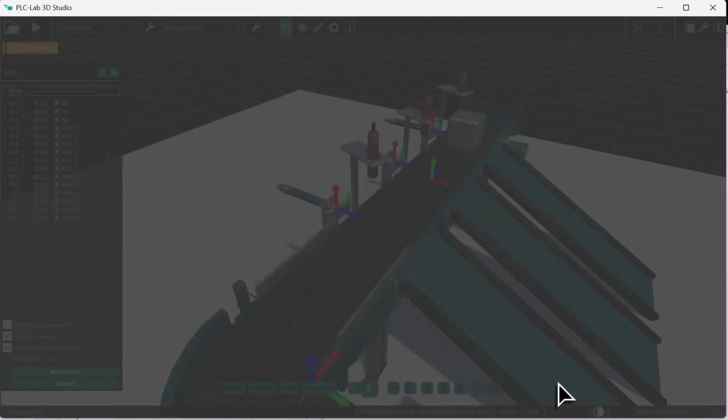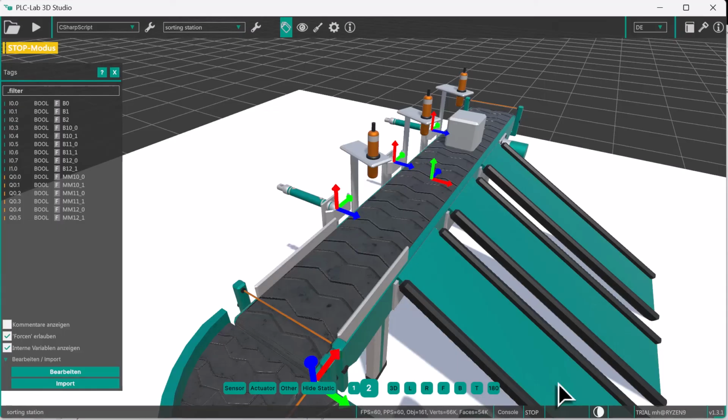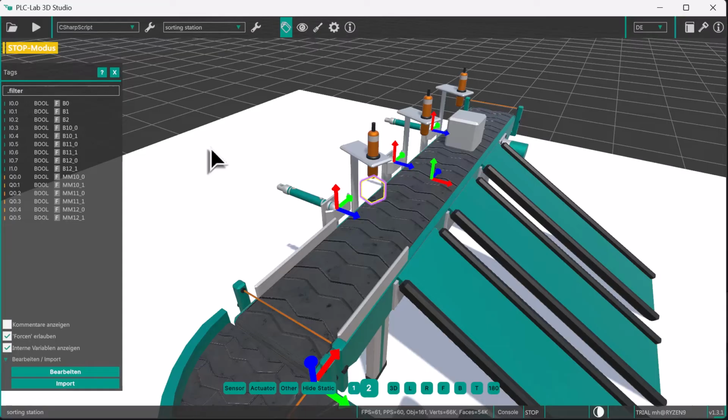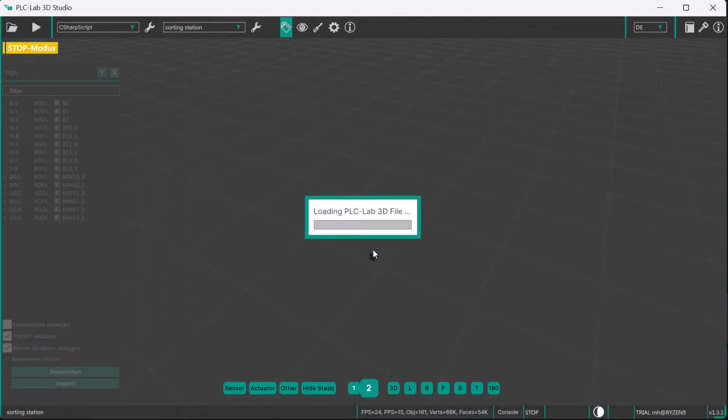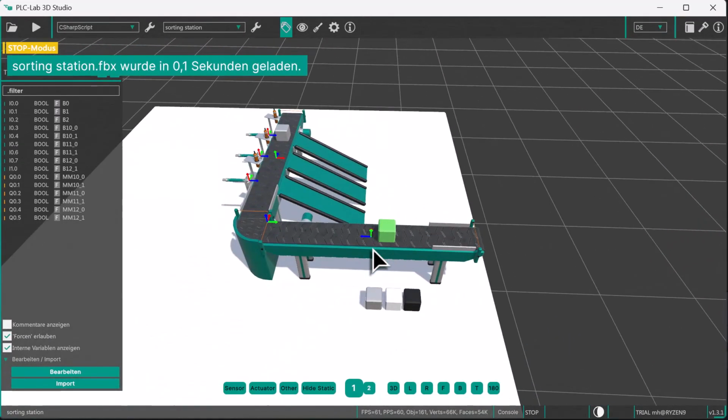And where does this list come from? In this case, I simply created the list in a text editor. If you have a TIA portal project, you can also import the list via an export file. Since the symbols have changed, I'll open the project again, and then I can start with the skill configuration. Where do we start with the skill configuration now? The order doesn't matter. We'll start with the cubes that are generated by the creator, then the cylinders, and finally the sensors. Okay, I'll let you get on with it.